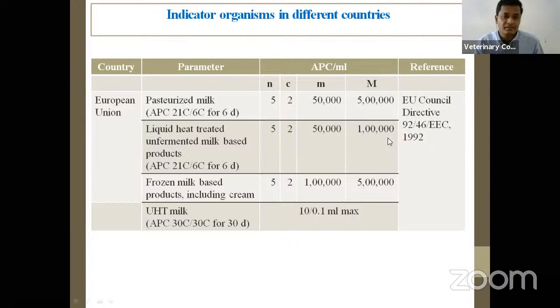And if you see Europe, the climate and all, even though the number is high, they will not flare up like India. Because India being a tropical country, the milk spoils very early. That is why they have specified higher limits. So it is not a compromise of the standards leading to favoring of spoilage in the product. So you should not take it like that.